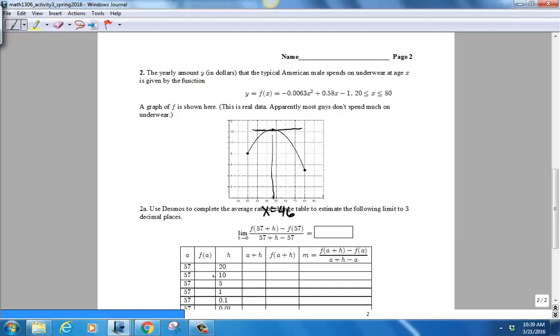All right, and that's what it looks like in the graph. So we confirm what we see in the graph there. The x value where the tangent line is horizontal is 46. Actually 46.03, but pretty darn close to just plain old 46. Now, that's very useful to us because that point right there is the peak point